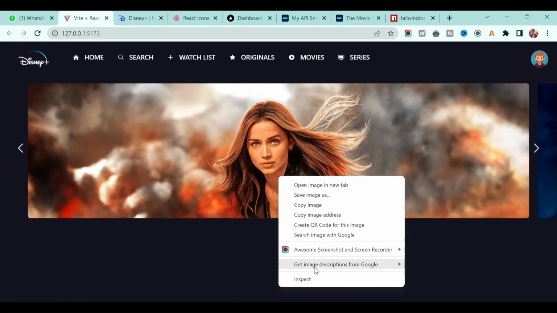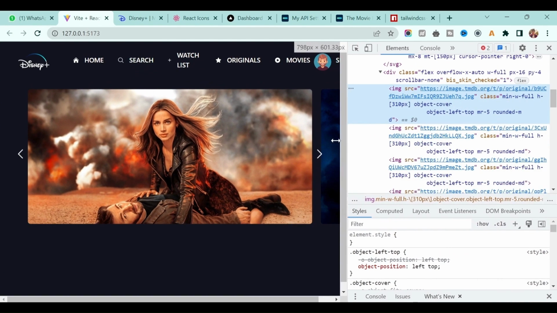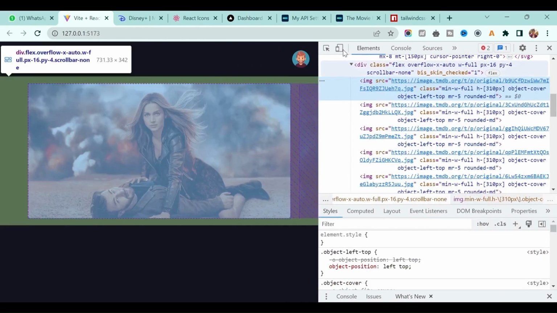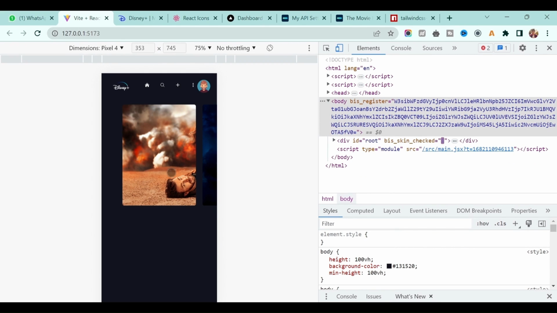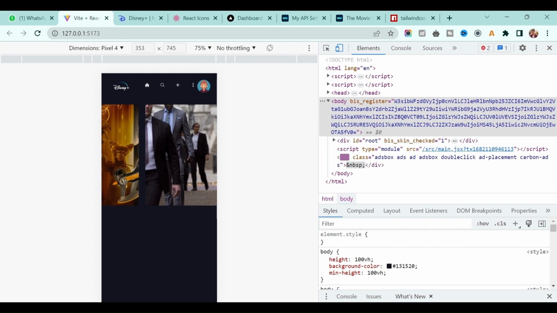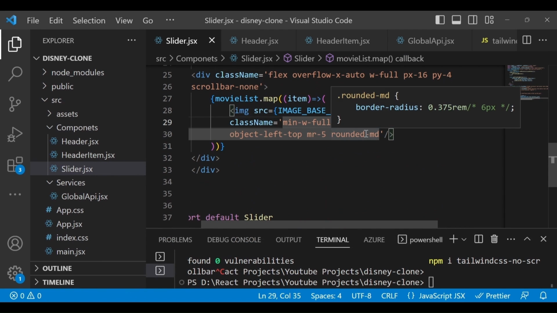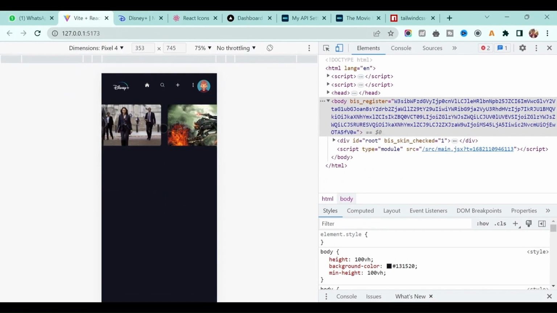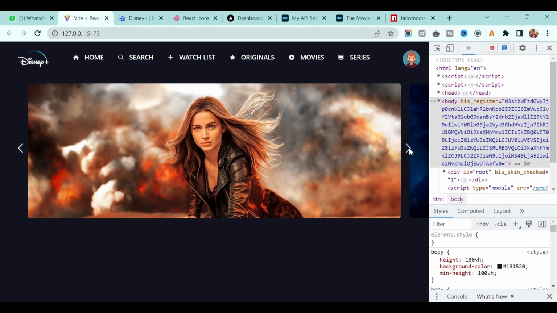Now if you go back here, I will decrease the screen size, and if you see, right now it's medium, but as soon as I touch the small screen size, it will be invisible, right? And if you select the mobile view, let me refresh it, you will see this image, and it's vertical. Right now we don't want that, right? So for the image as well, just give this height when the screen size is medium, otherwise you don't need to give any size. And if you see now, perfect. Okay, and when I increase the screen size, you will see this, and also we will get the navigation arrow as well.